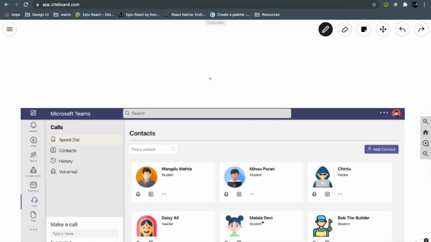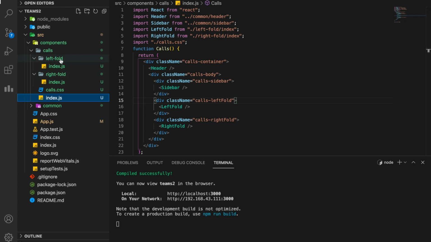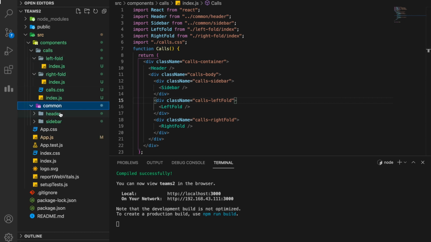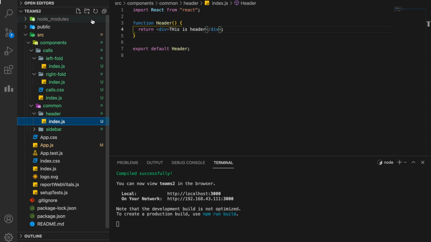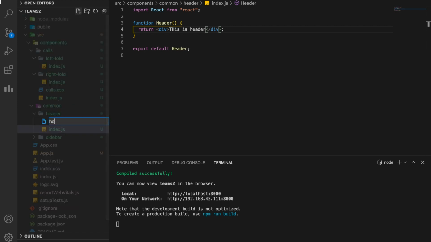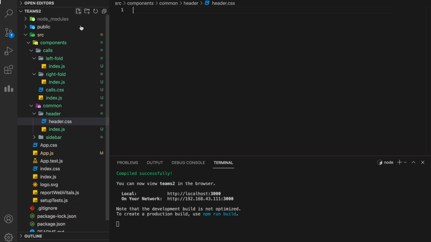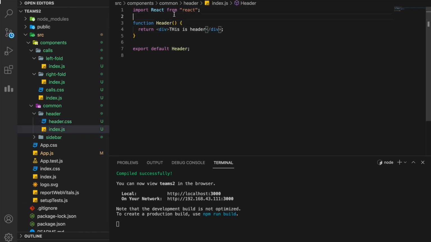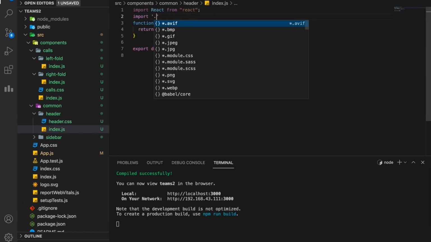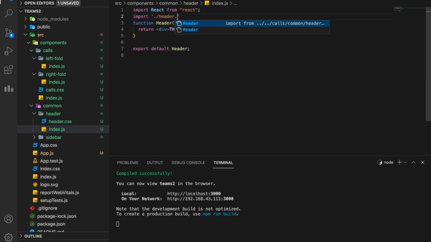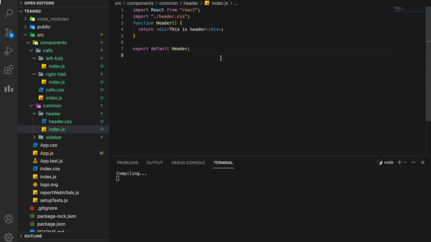Okay, now let's start building the header component for our application. If you see, my header has a menu button, name, a sidebar, a search bar, and let's say this is profile. Cool. It doesn't matter what you call it, you can give it any name that you want. So if you go to our index, this is my header. Let's first of all create a header.css file and import it here. Import header.css. So this is my CSS file.